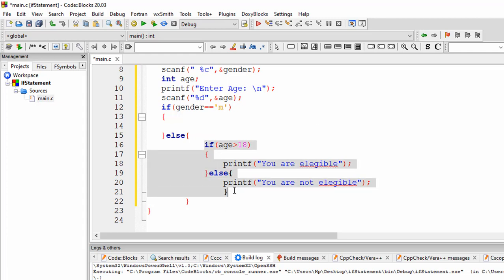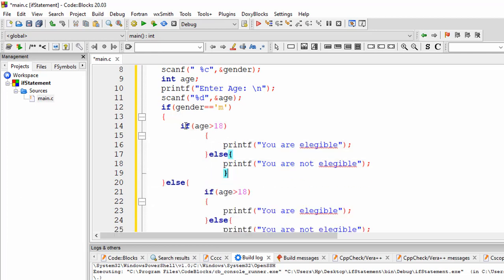if, the same thing I will write here, but I will write if age is greater than, at least he should be greater than 16. If age is greater than 16, if gender is male, so I will enter into this block, but in this block further I want to check if the age is greater than 16. So after entering into this block I am using again an if statement. So I am using if within if. That is called a nested if statement.